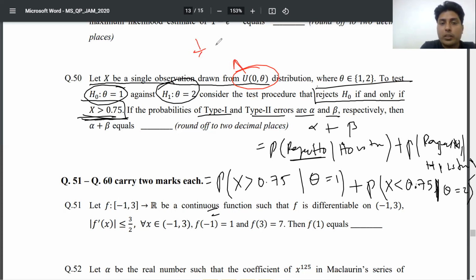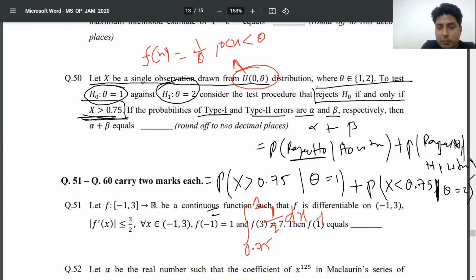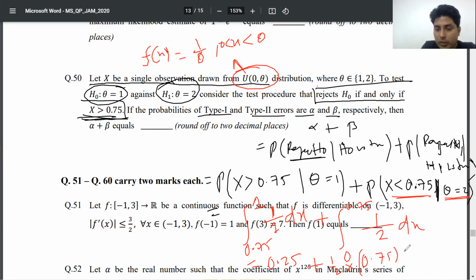So what is the PDF? It is 1 upon theta when x is between 0 and theta. So the probability of x more than 0.75 is the integration from 0.75 to theta, which is 1, of the PDF 1 by theta, with theta 1, dx, plus the probability of x less than 0.75: the integration from 0 to 0.75 of 1 upon theta, the PDF, with theta given as 2, so I put 1 by 2, dx. The integration of 1 is x, so 1 minus 0.75 is 0.25, and 1 upon 2 times the integration of x gives 0.75 minus 0, so 0.75 upon 2. So 0.25 plus 0.75 upon 2 will be